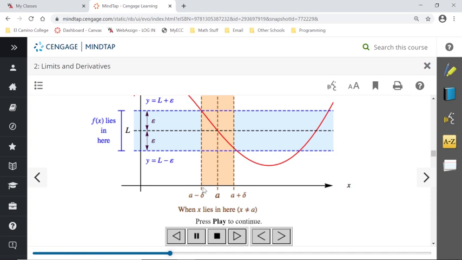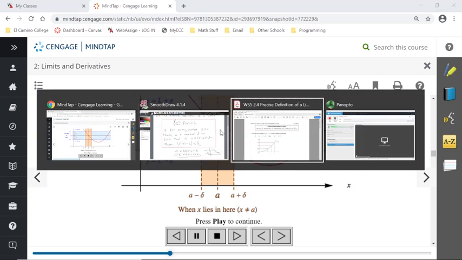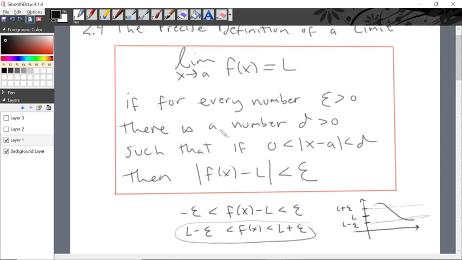And if it's to the left of a, it's less than a. How much less than a? The amount less than a, we're going to call that a delta. So we might call this delta 1, for instance, because this is some distance to the left of a, and the distance to the right of a isn't necessarily going to be the same delta. It depends on the curve. It depends on the shape of the curve. So, for example,